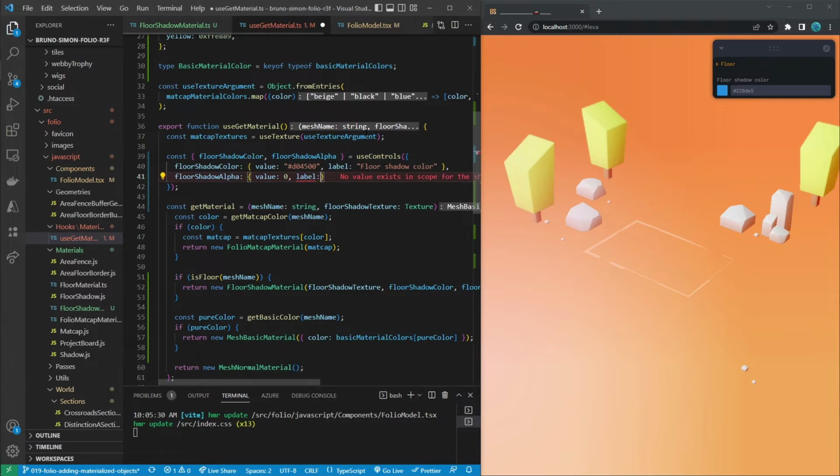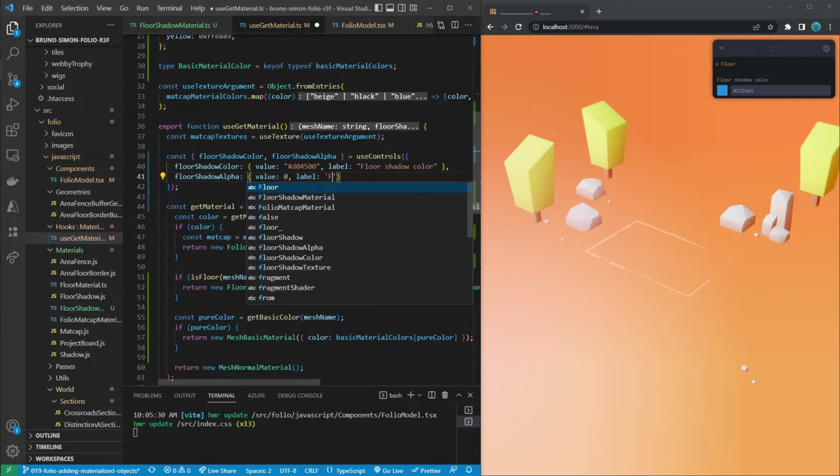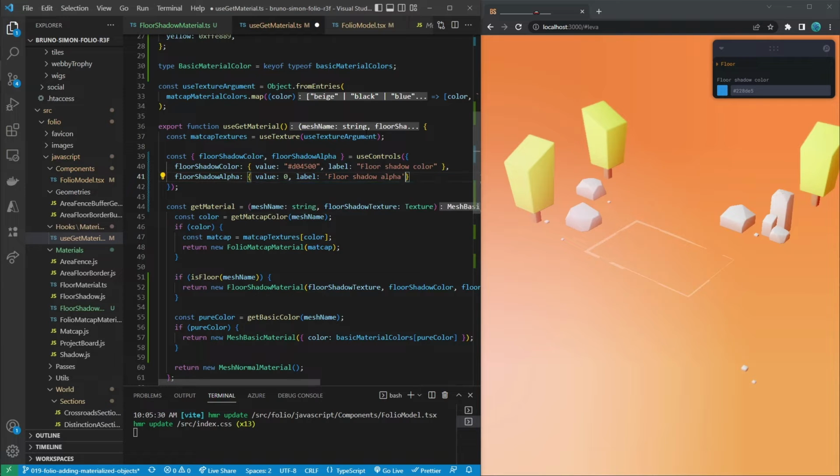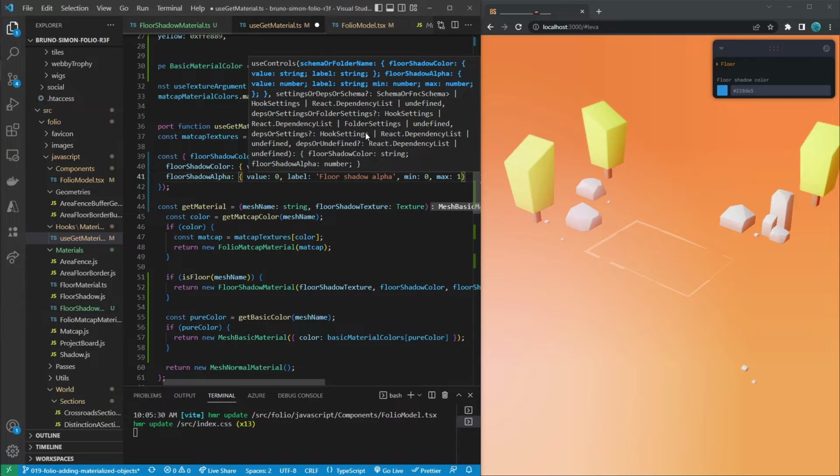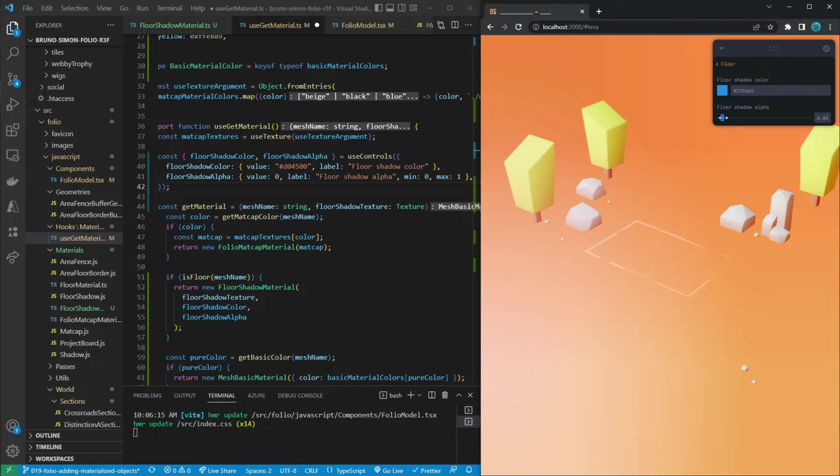And let's give it a label. FloorShadow Alpha. And actually a minimum and a maximum. 0 and 1. And now if we update this value, then you'll see that the shadow gets updated as well. Awesome. Now we can start doing the same for the FolioMatCapMaterial, but first I'd like to slightly update the way